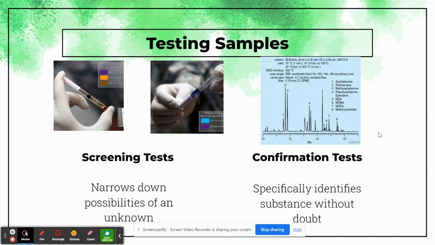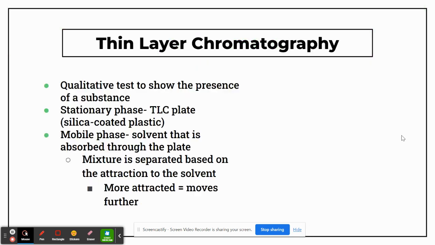This is going to identify what is in that drug without question, exactly how much. If you look here, this is from a gas chromatography machine. All of these little spikes relate to a different drug that's in that mixture. So this drug is made from 8 different medications that have been mixed together to produce this chemical profile.